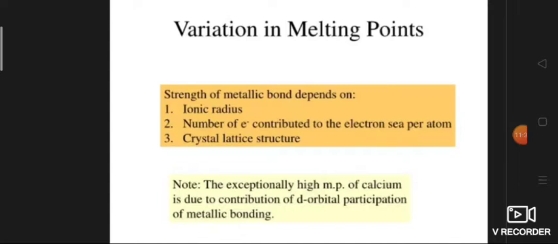When you see the density, because of their larger size, alkali metals have lower density. Lithium, sodium, and potassium are even lighter than water. The density of the elements increases moving down the group from lithium to cesium, but potassium is lighter than sodium due to increase in atomic volume. Lithium is the lightest metal.